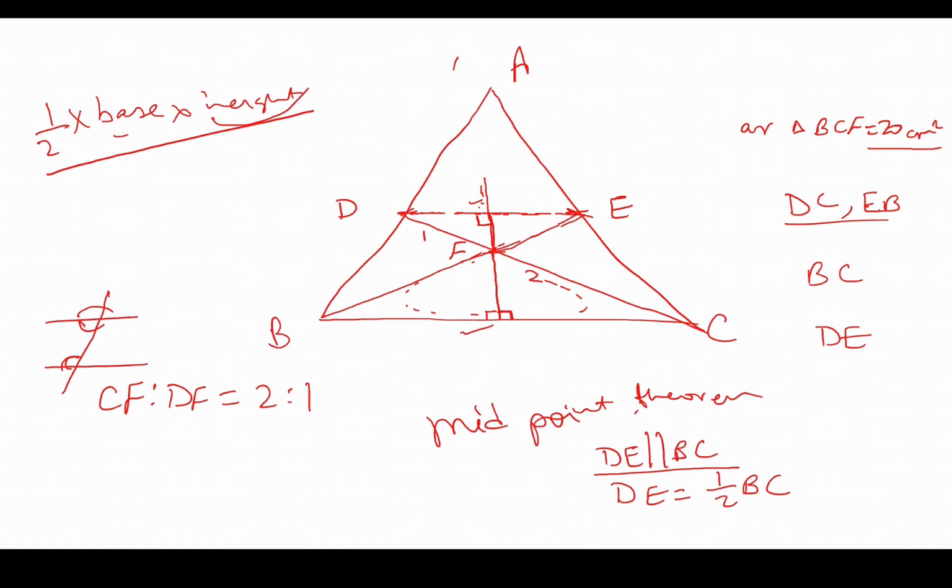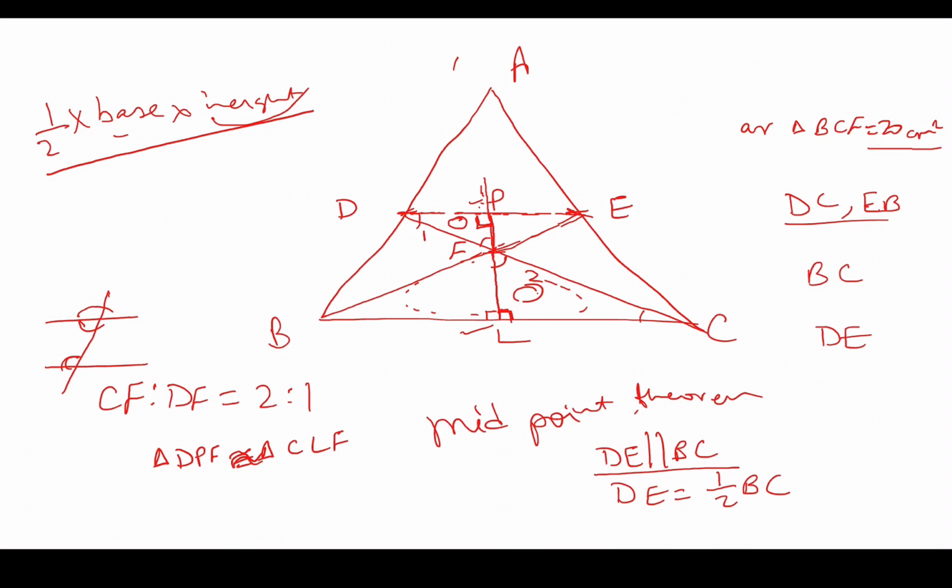Now see, concentrate on this triangle and this triangle. One is vertically opposite angles, one is right angle triangle, right? So the other angle is automatically equal. So we can say that triangle, see, let's name it, let's say it is P. So we can say that triangle DPF is similar to triangle, similar triangles. Okay, triangle DPF is similar to triangle C, और यहाँ पे आप कुछ नाम दे दीजिए CLF, ट्रायंगल CLF.